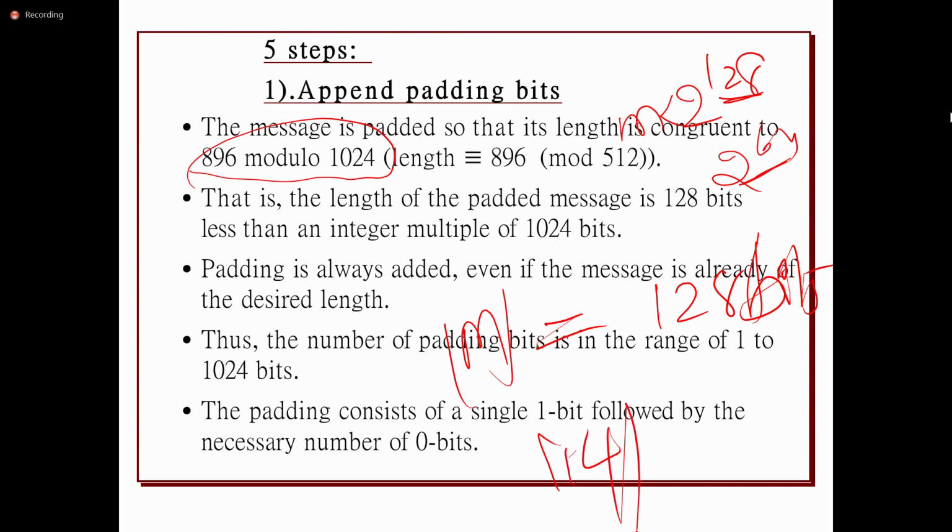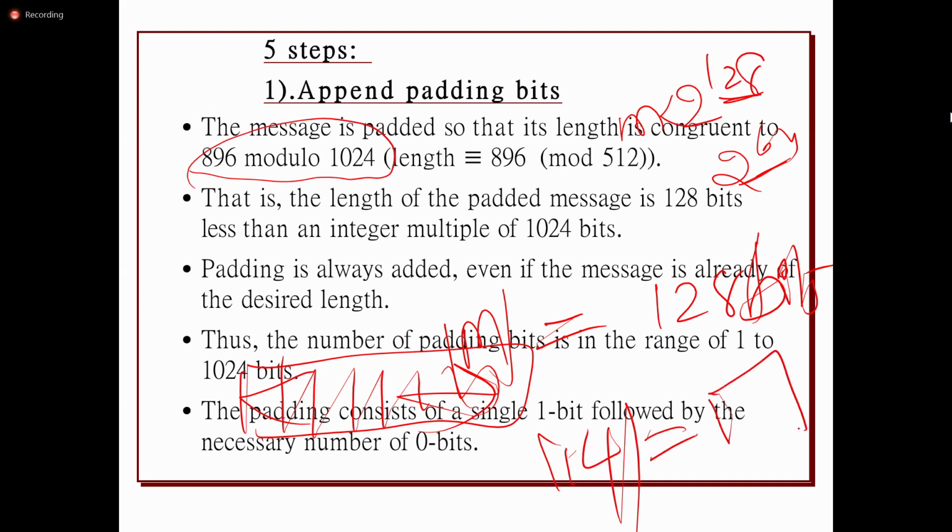The message is stored in 14 bits, it requires 14 bits to store the message. So in order to specify the number 14, how many bits are required to represent it?